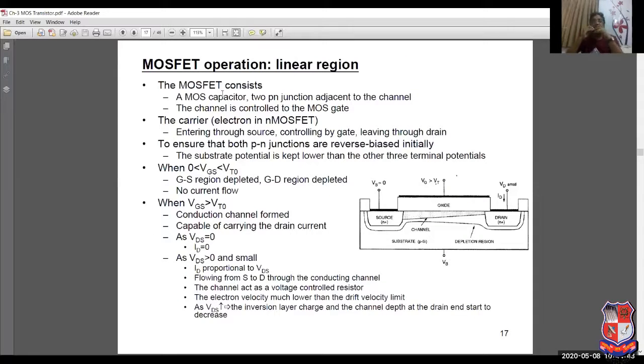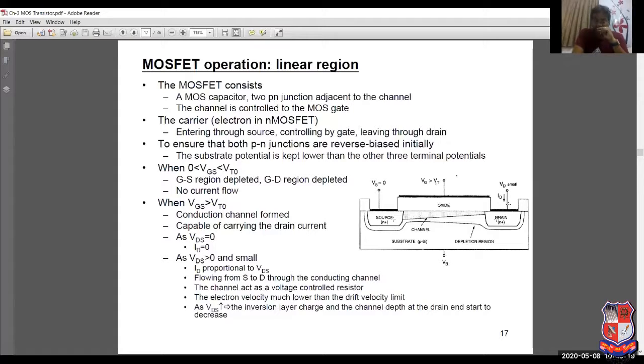So when you increase your VDS now, as your VGS is greater than VT0, the gate to source voltage, because every voltage is measured with reference to source, the gate to source voltage is greater than threshold voltage, so channel is created, the substrate terminal is connected to ground, and now you are slightly giving the drain terminal voltage, that is VDS. So if you give the VDS, then the current will start increasing with reference to VDS, because the electrons will enter and they will be moving away. Okay, these electrons will be attracted by this positive voltage, because this is a positive voltage.